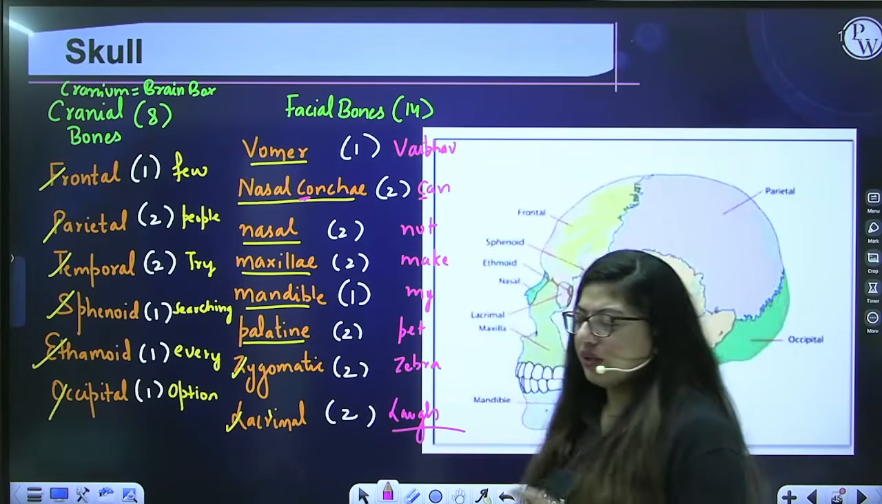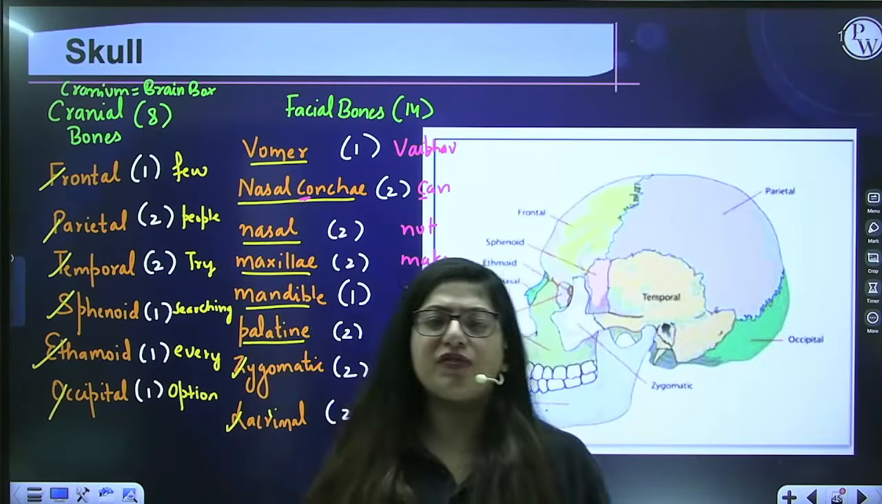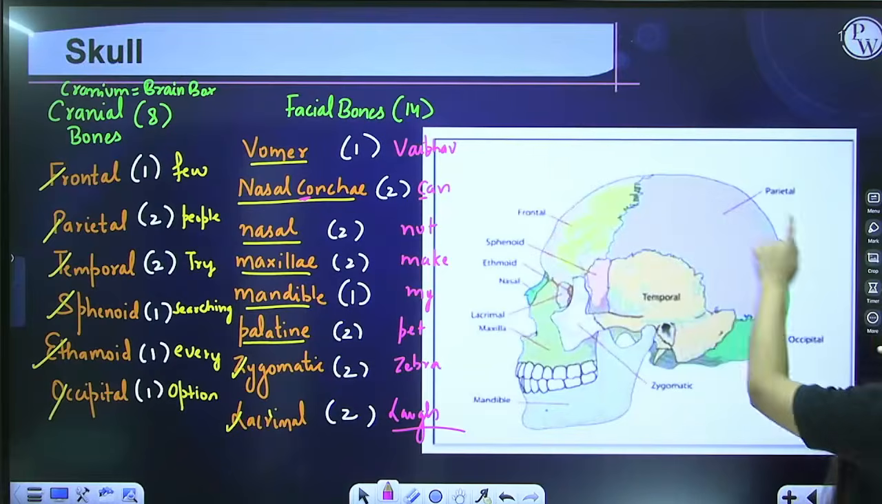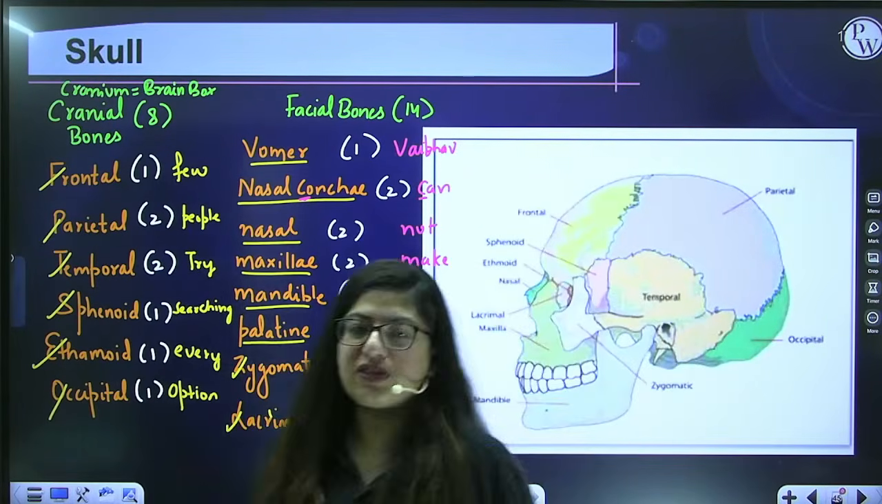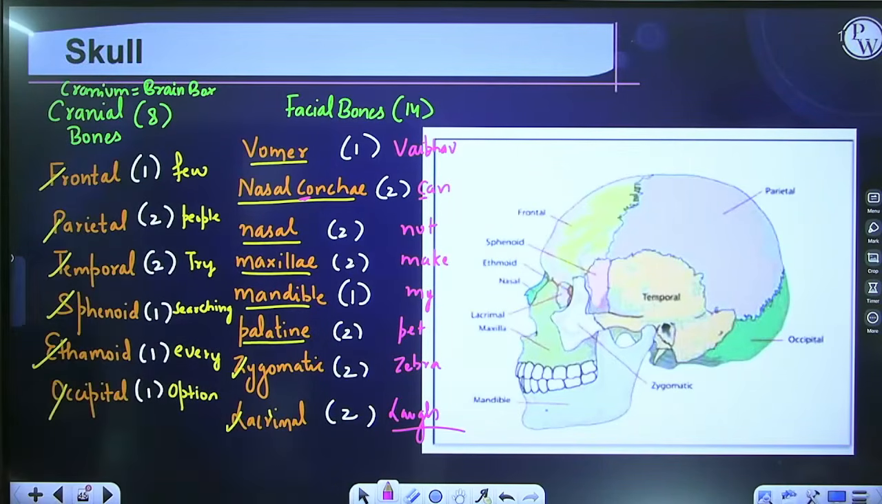Especially the one basic thing that you need to know here is how many skull bones there are, and what their names and numbers are, because it's actually mentioned in the NCERT. NCERT has given the diagram, so you should know which is a facial bone and which is a skull bone. Okay, guys? So let's talk about the